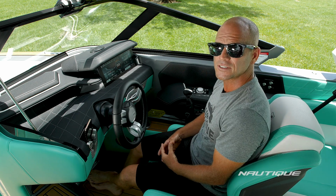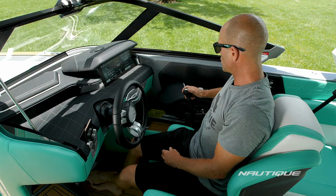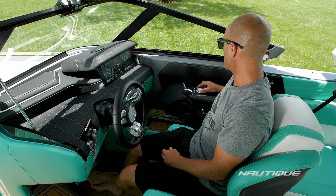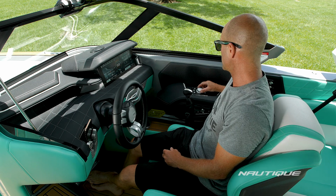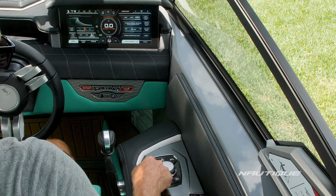Standard on all Nautiques, we've got this nice wide armrest, so a great place to put your arm comfortably and go from the throttle right over to Helm Command. Helm Command is this rotary encoder that gives you really good access to the entire Link Pan Array touch display. We also have some hotkeys for your most commonly used items, things like your stereo,